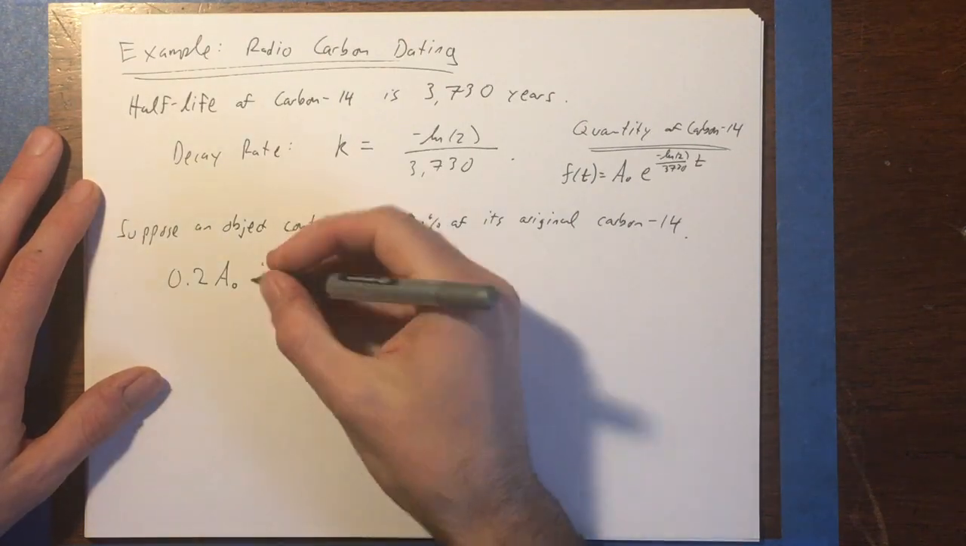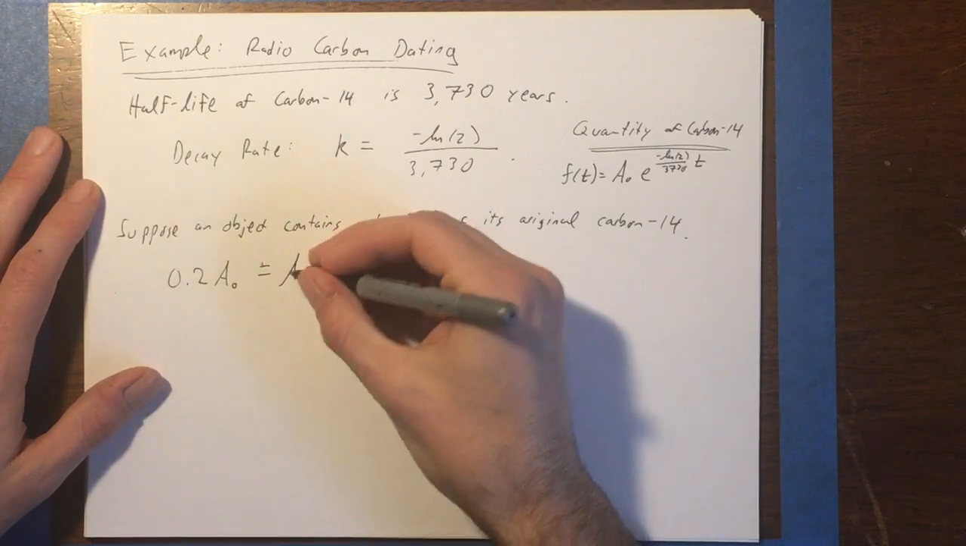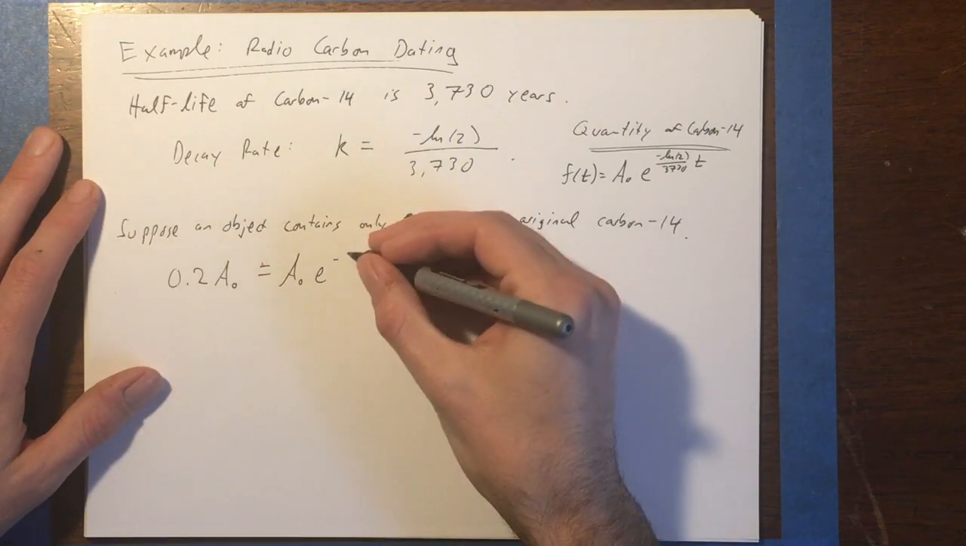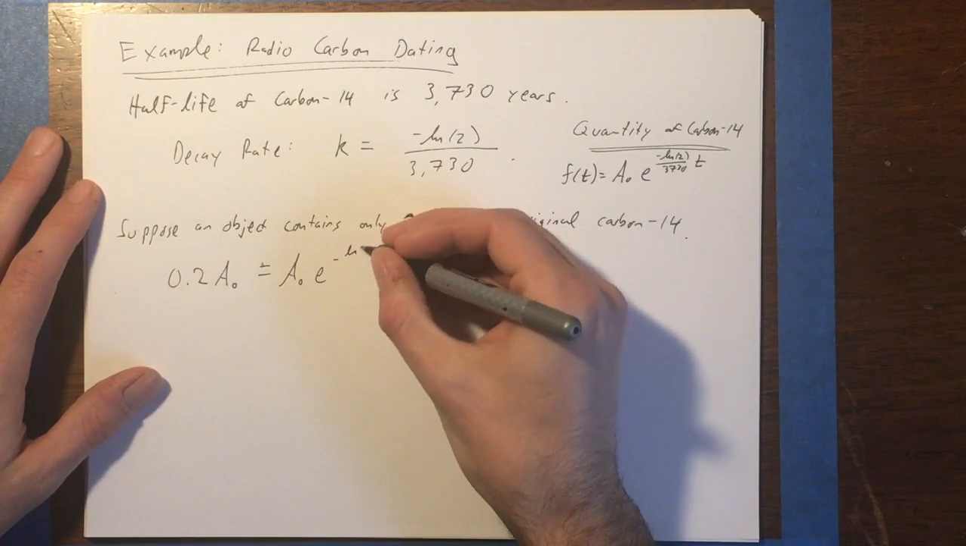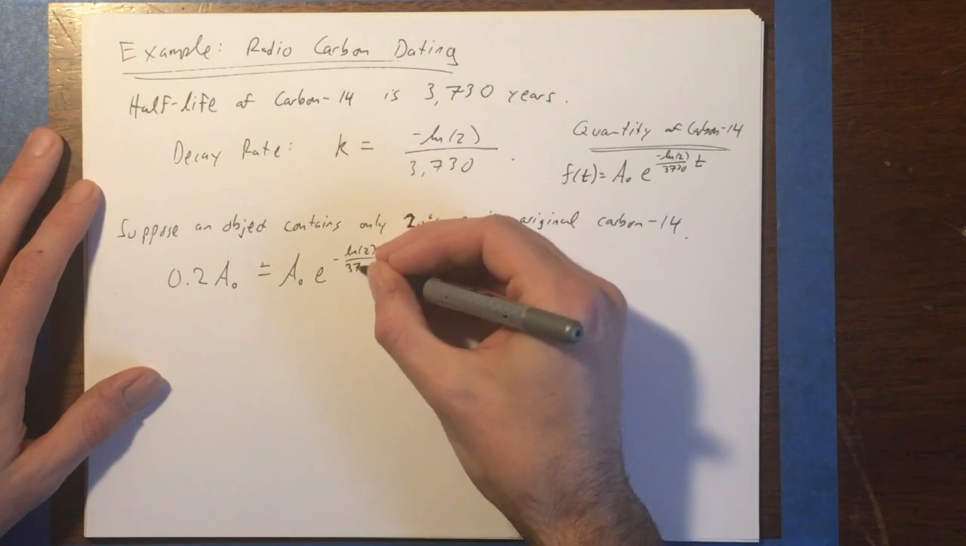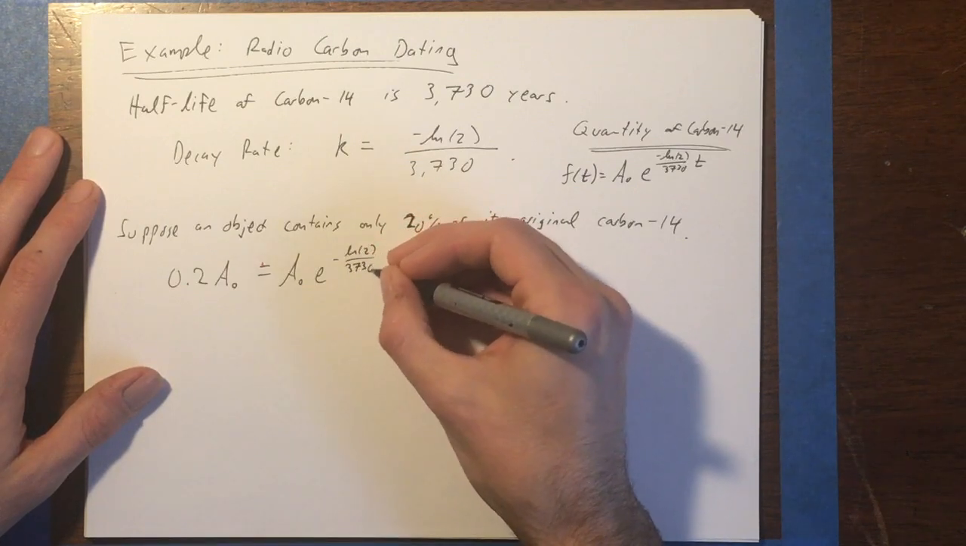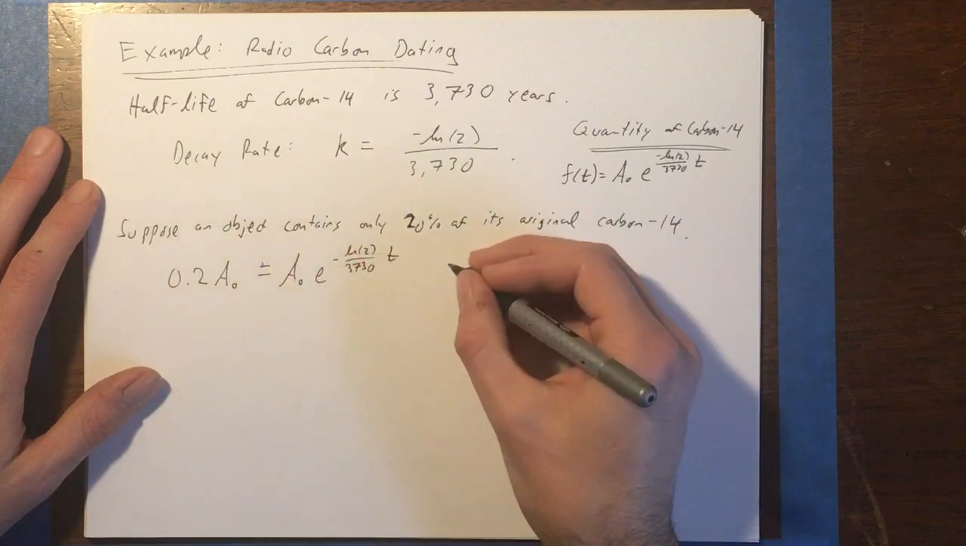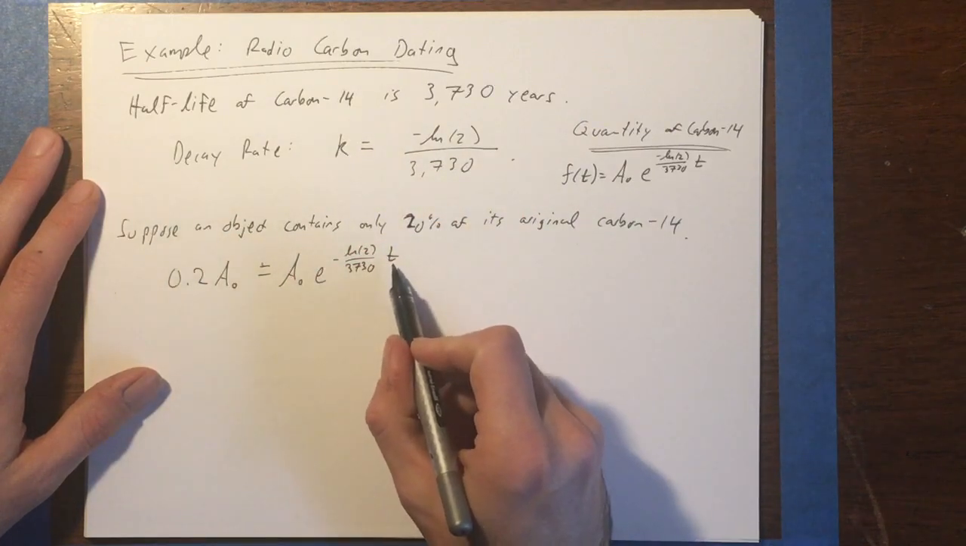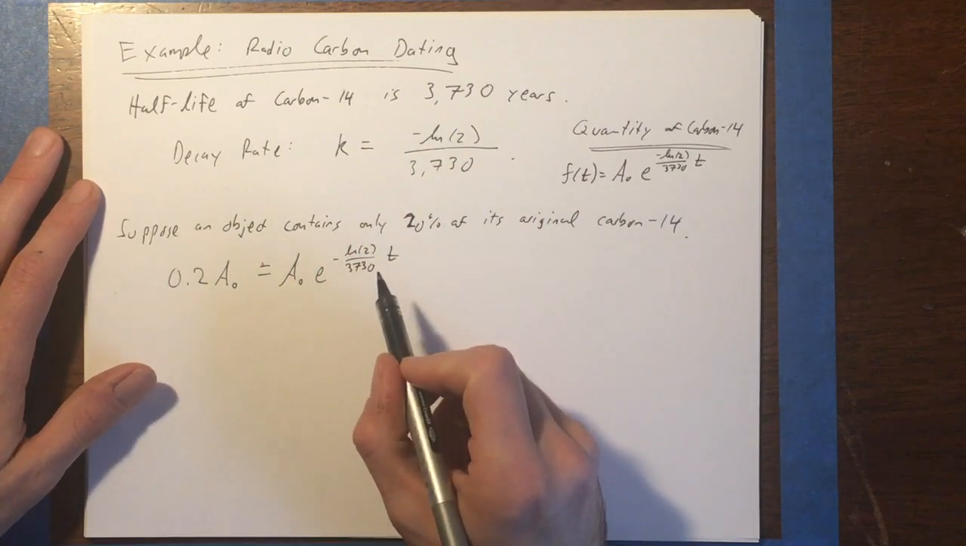That's now. So let's set that equal to A0 times e to our negative natural log of 2 over 3,730 times t. So that's our model. And the t value here is going to be the number of years